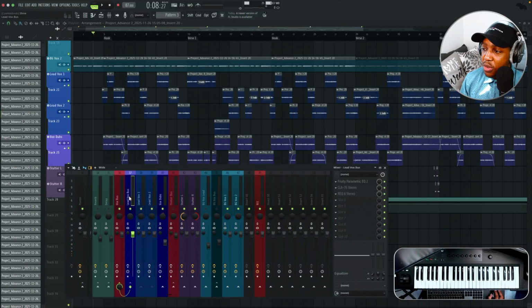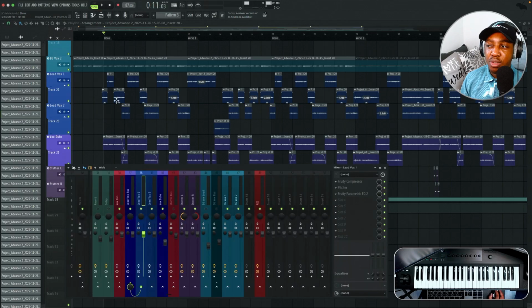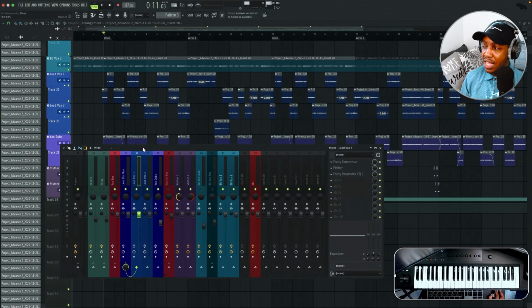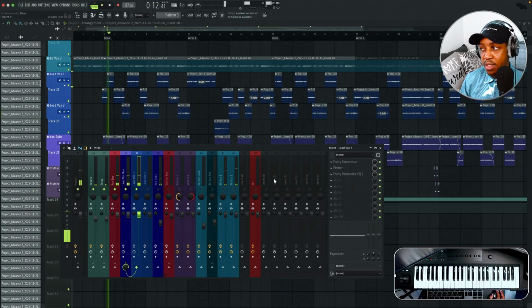Anyway, so the lead vocal, the essential things that I add when it comes to mixing and mastering vocals to get that professional sound: compression, autotune, well, depending on whether your vocals need autotune, but in this instance I used the plugin Pitcher, and EQ. Okay, so if we listen to the lead vocal one,